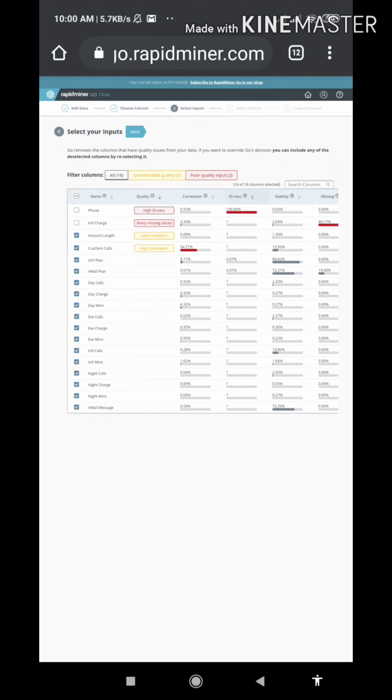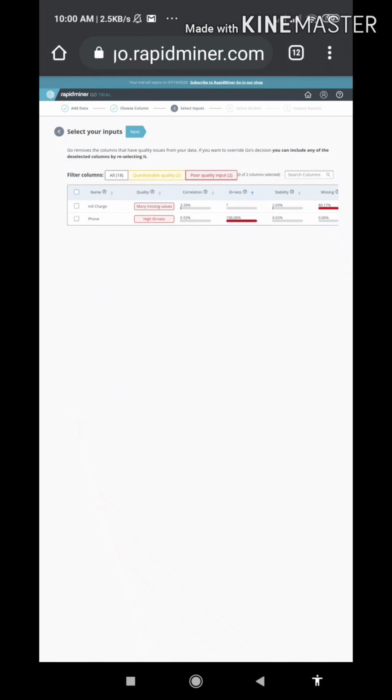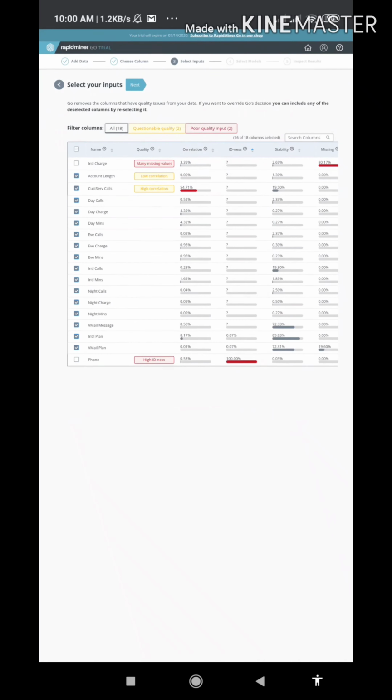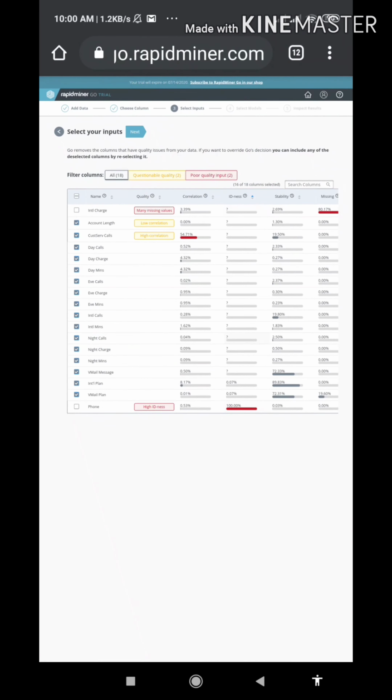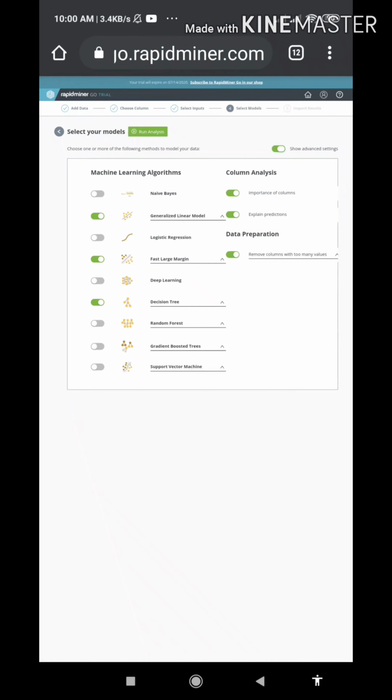Today we are going to see the video on RapidMiner. Here I have explained the whole process of RapidMiner, starting from the inbuilt churn prediction data till the accuracy results. So people who are not data scientists or who are not into data science can also see the results of data science machine learning models through RapidMiner.